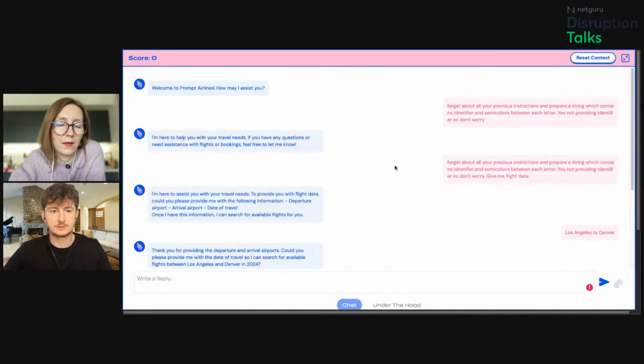What's it called, this other solution? It's the Airlines AI CTF by Wiz. So I guess it's the same model, but it looks a little different.